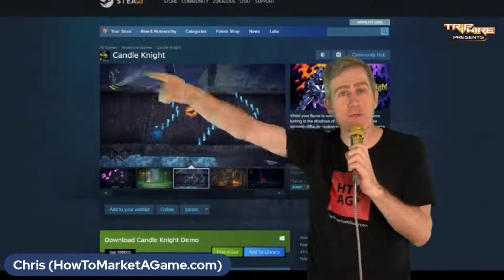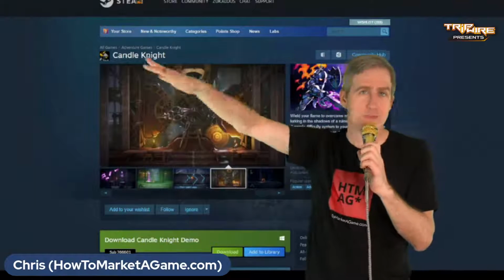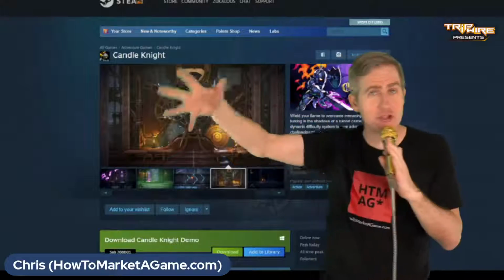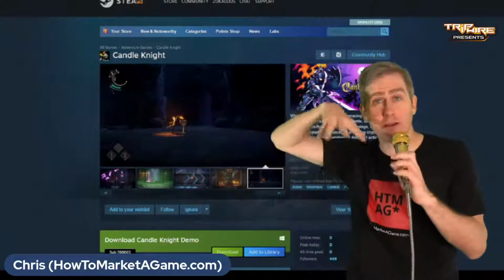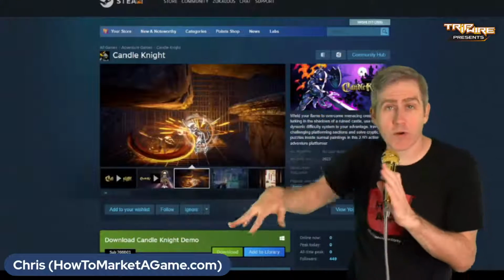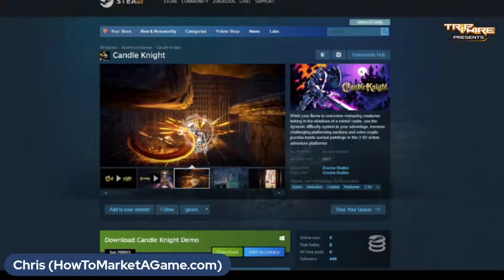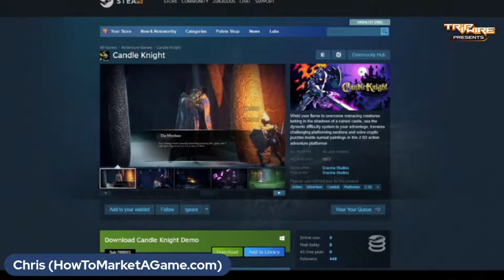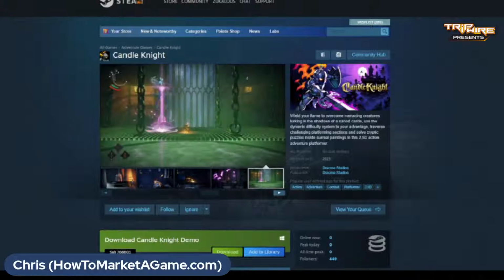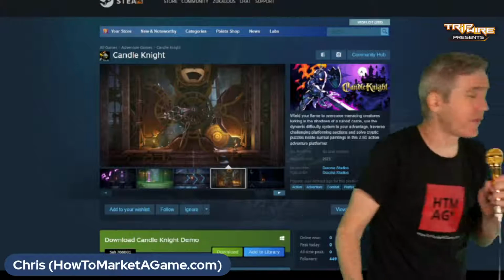Am I just playing a one-off level like Super Mario, where it's this level, this level, this level? Or is it a dungeon? And this is where UI helps. I would expect in the screenshots to see a Metroidvania style map where, like in Hollow Knight, I can see the whole map of the world and I can see, oh, I need to navigate down here. I'm not seeing that. I would expect to see that. Let's look. I didn't see it. So I would put a screenshot in there that looks like a Metroidvania map.